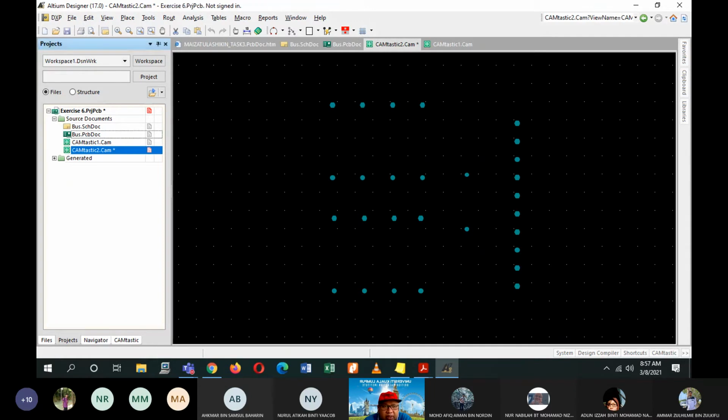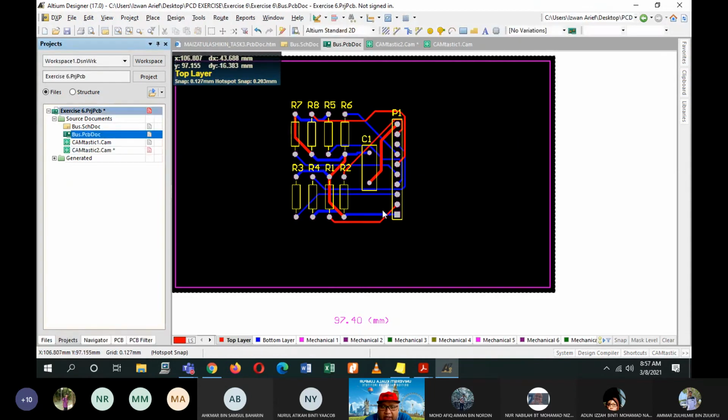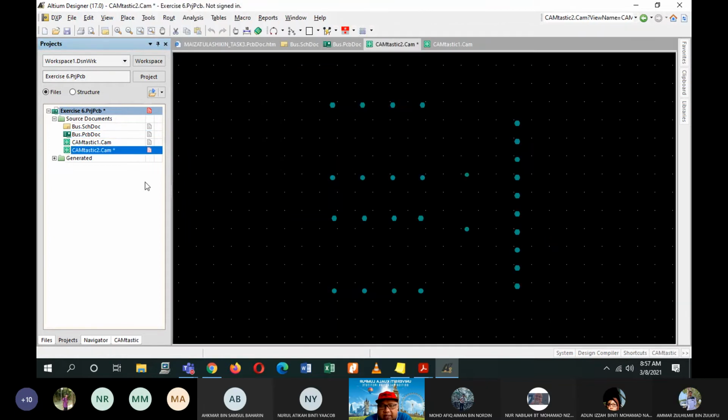Kalau you tengok dekat you punya PCB tadi, ni benda bulat-bulat ni lah. The vias, where you'll be placing the pins of the components. So itulah Camtastic 2 ni, dia tunjuk dekat mana pin. So these are the files that you need to proceed by submitting them to the fabricator lah.